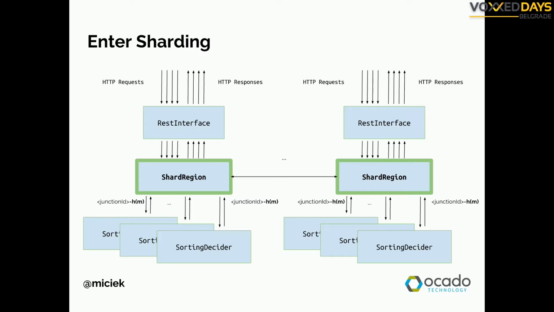How does it do it? It uses a hashing function, which we provide. This is the only thing we need to provide. Each message that goes in is passed through that function, and this function returns on which node this message should be processed. This function is exactly the same on each of the nodes, right? Then it's passed to the right node, and there's a second hashing function which, based on the message, selects the right actor for processing.